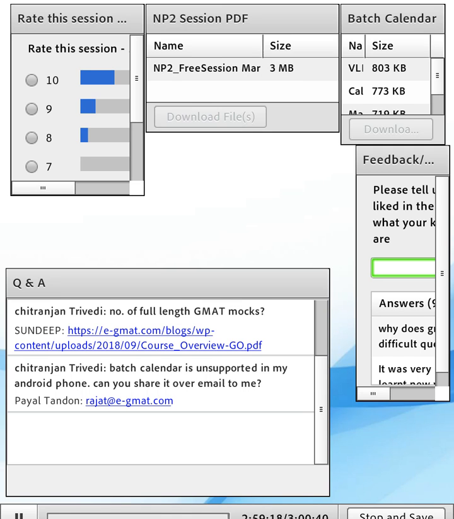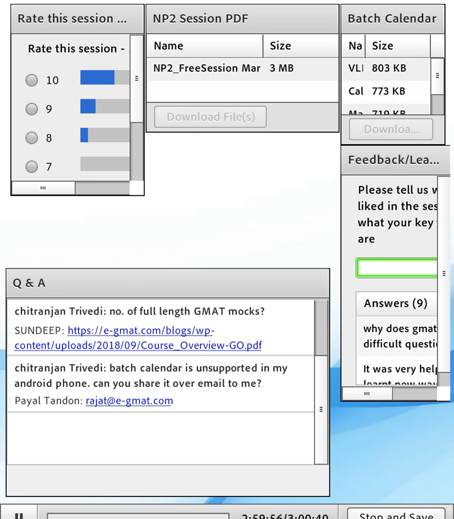So take a look at the free trial. Take a look at the quality of the content, the amount of detail and the amount of learning. But one thing I would really say is go through the free trial with a focused mindset, where you're there to learn. As you look at any other material that's not from e-GMAT, you typically see tricks. We don't teach you tricks because they don't work on the GMAT. The GMAT's not a test of tricks, unlike some of the other exams you've seen. It's a test of impactful application of concepts, which is what you saw in this webinar, and that's something you're going to see in the free trial as well.